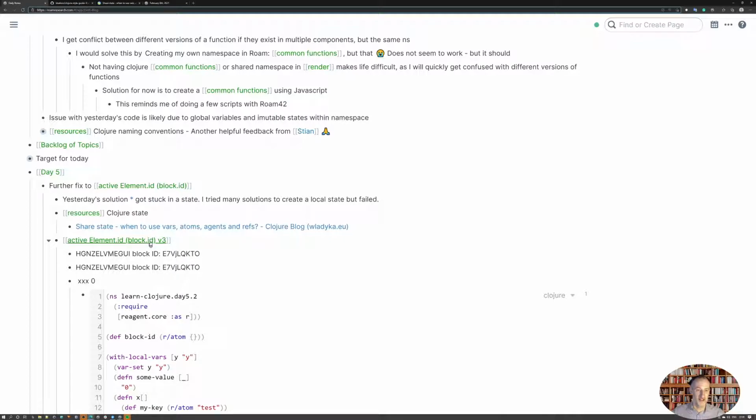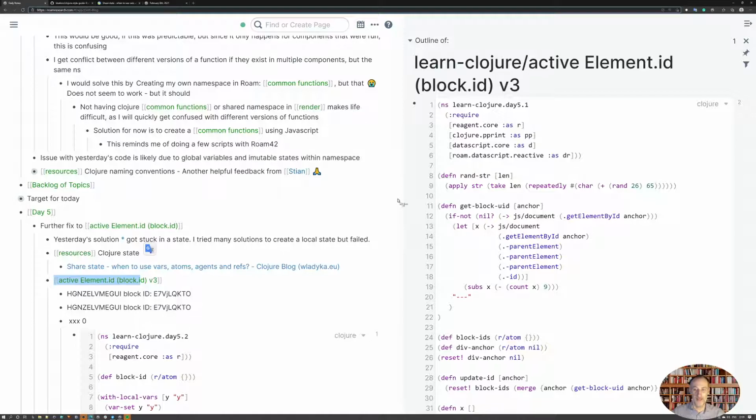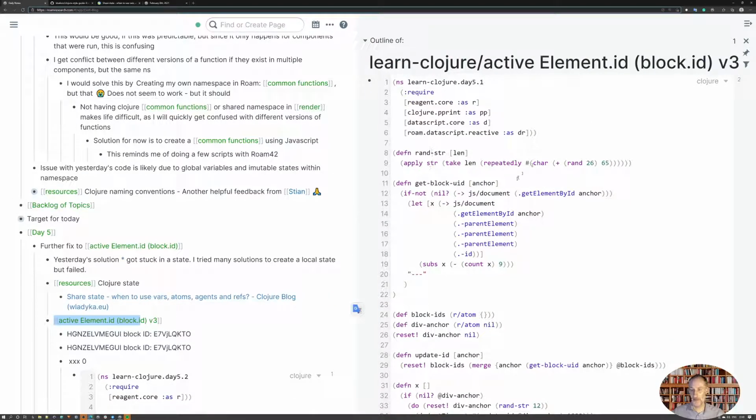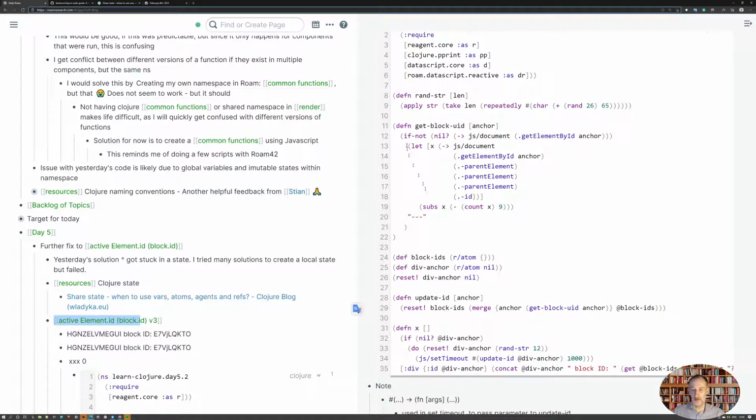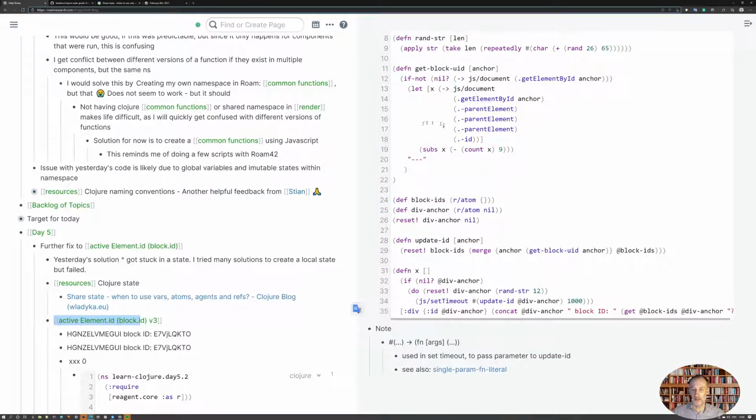So this is one of my attempts, and what I did, apart from renaming the functions so they look nicer and try to follow the styling guide, is I tried to create some sort of a semaphore system to check if the anchor has a value or not, and then update it based on that. I even created this very